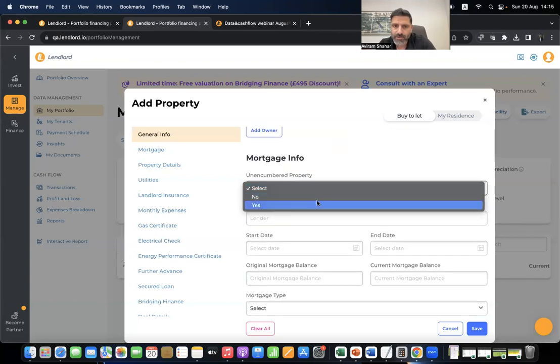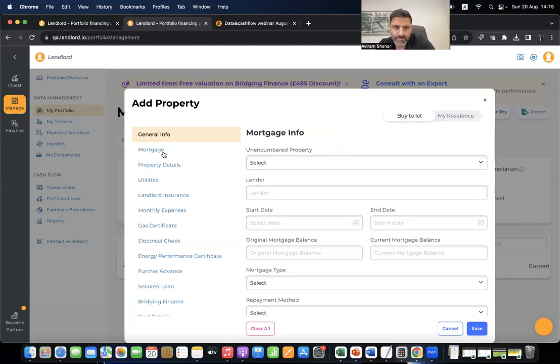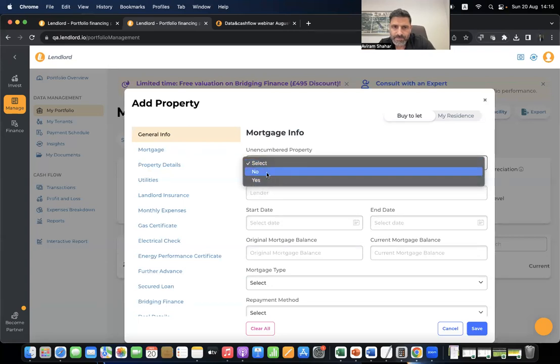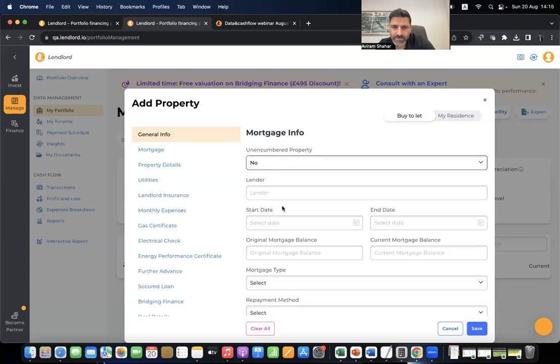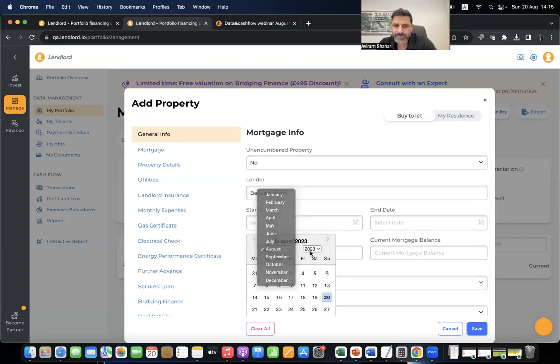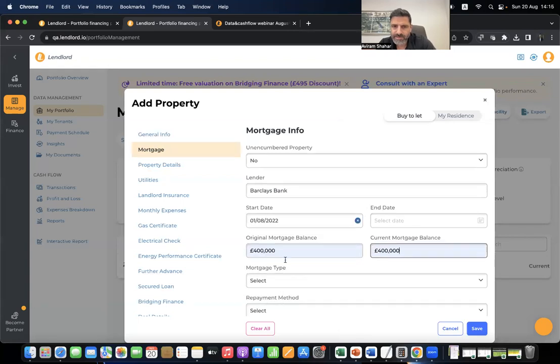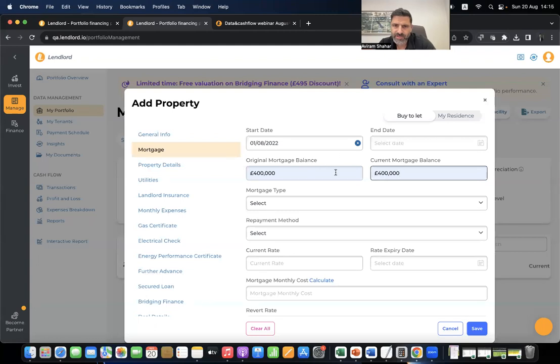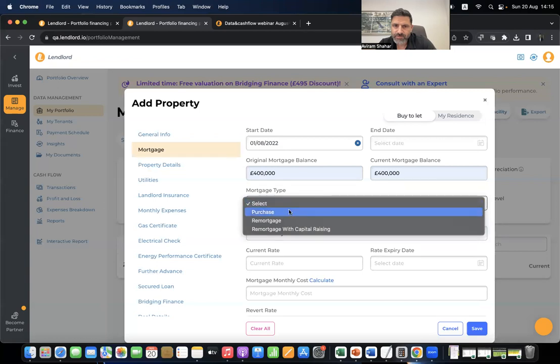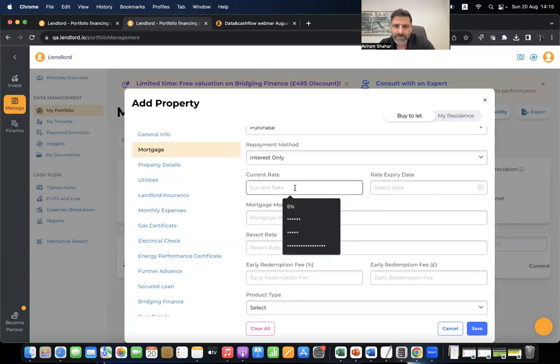Then I will go to the mortgage section. So this property has a mortgage. Let's say it's with Barclays. Start date, end date. But just for this case, I will just put some details, the mortgage original and the current mortgage balance, repayment method, let's say it's interest only, current rate,